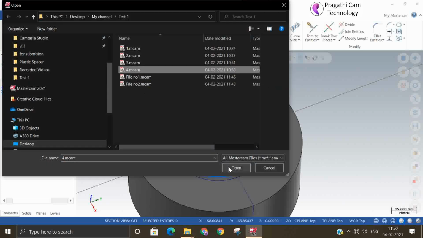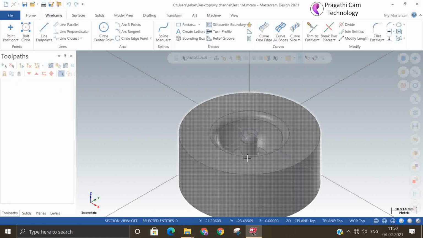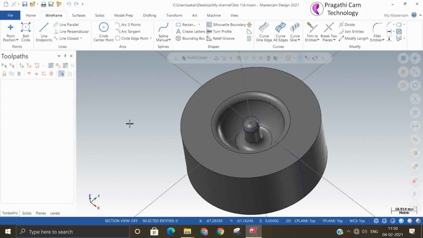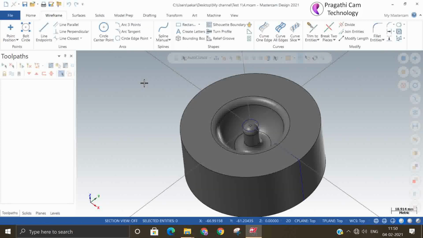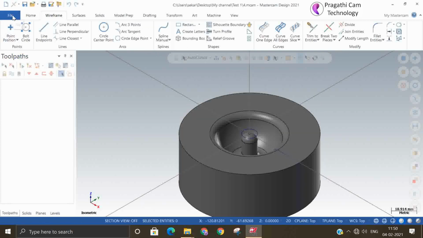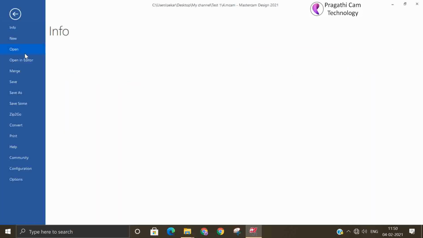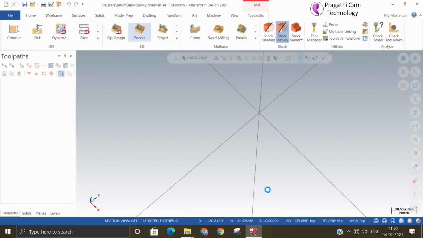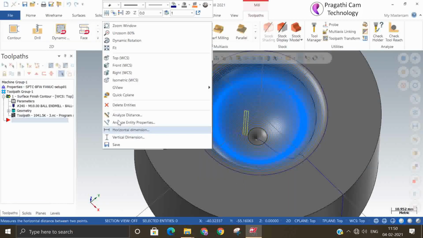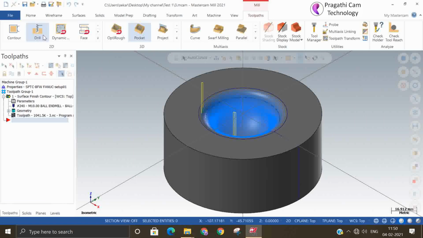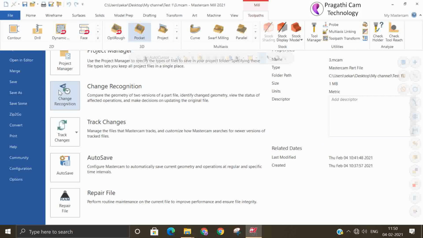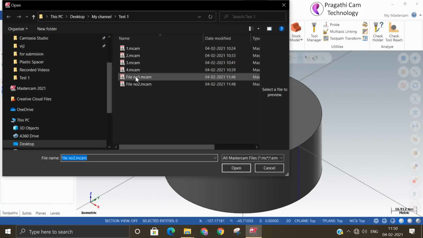Now the new file I made again is the modification. The question is how we are going to use change recognition for this new file. First I'll open the old file, then go to isometric view and open change recognition, and select that new file.